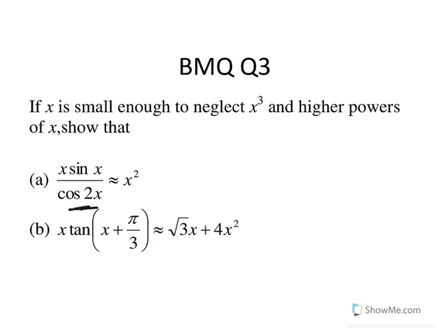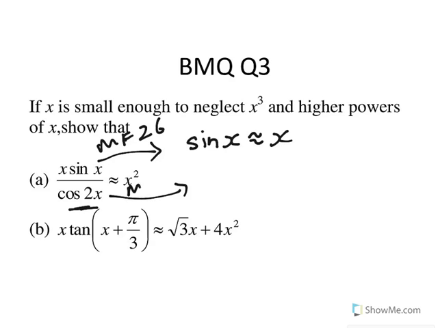It's very simple. All we need to do is use the MF26. So what does MF26 tell us? MF26 tells us this. We have sine x. When we neglect higher powers of x, from MF26, sine x is approximately x. What is cos 2x? Again, from MF26, you know that cosine x is approximately 1 minus x squared over 2. So how do you approximate cos 2x? Again, if x is small,